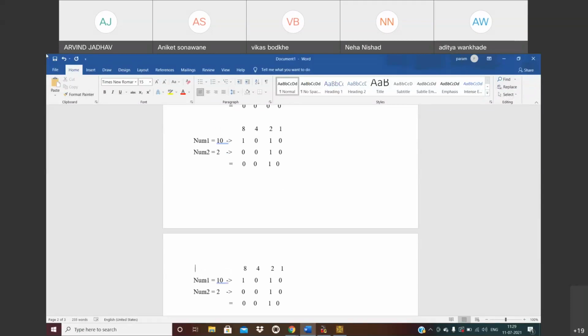Okay, so the values are bigger, so for that reason we need to add the remaining bits. 64, 32, 16. Okay, let's remove it.